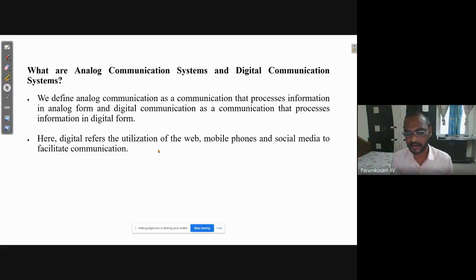What I speak is converted into a digital signal and transmitted. And whatever video is there is converted into digital video, and that digital video information is transmitted. Since we use digital like this, it gives us the facility to use the web, mobile phones, and social media. Okay, so that is the advantage.